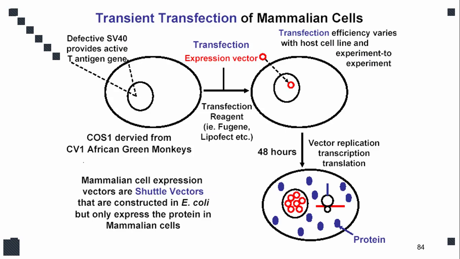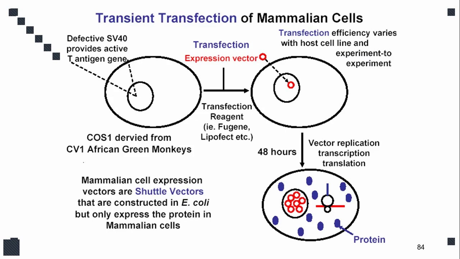physiological processes. Now, there are two ways that we can transform a cell. There is what is called transient transfection of mammalian cells, and there is what is called stable transfection of mammalian cells. We are going to see that subsequently. In the transient, which means temporary,